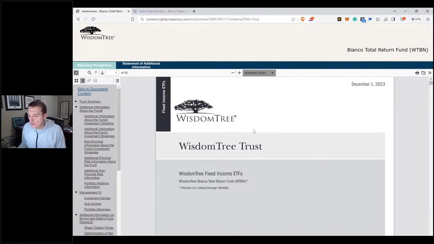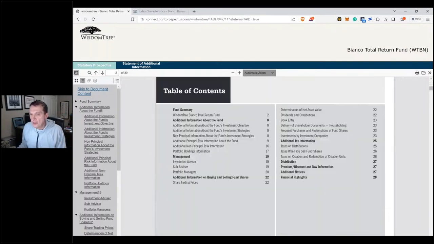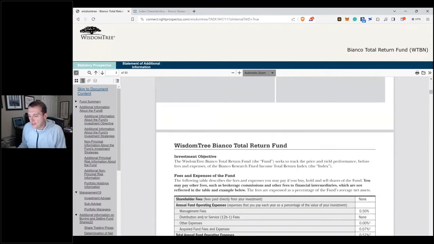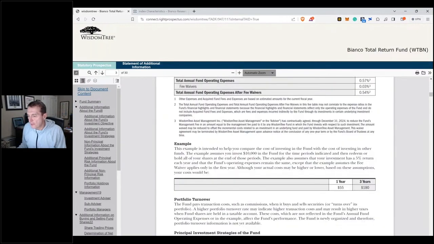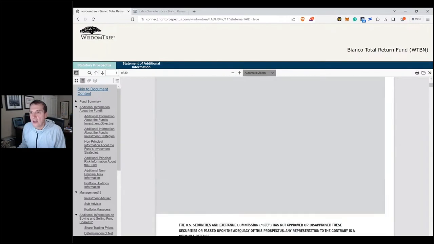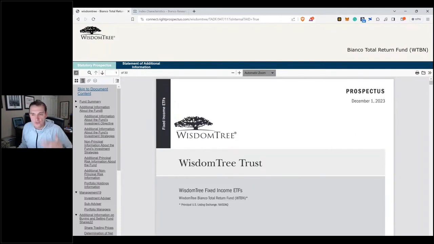And what you're looking at on the screen here is the prospectus. And I would encourage anybody that is interested in this to look over the prospectus. It should be listed on most platforms that you could trade it just like anything else. And if you've got any issues regarding the ETF, you can reach out to me. Okay, so that's the ETF.